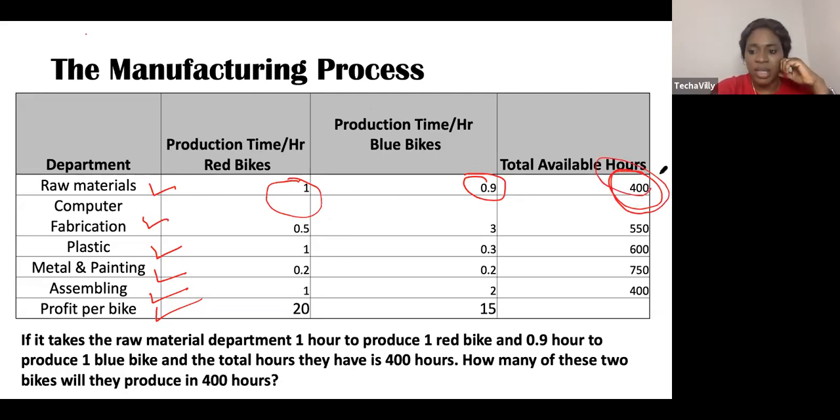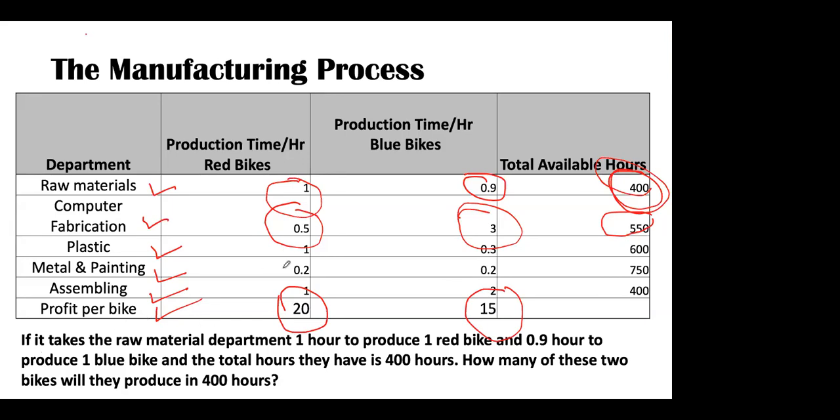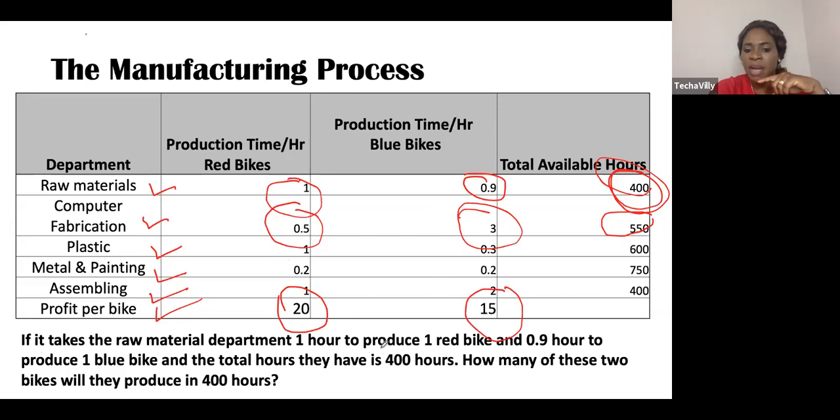That is their constraint. For the computer fabrication, it's the same thing. They're going to spend 0.5 hours to make one red bike and 3 hours to make one blue bike. And this is their constraint. So all these are the constraints, the availability, the capacity. And these are the number of hours it takes them to make one bike. And this is the profit they will make when they sell this, right? So if it takes the raw material department 1 hour to produce one red bike and 0.9 hours to produce one blue bike, and the total hours they have is 400, which is their capacity,